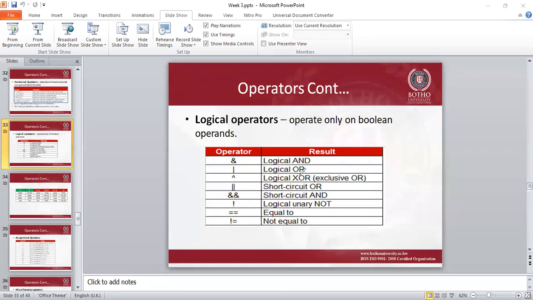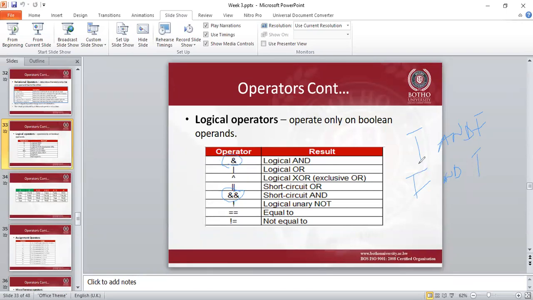With the logical AND, which is this one, a non-short-circuit AND, and then with the short circuit AND, the difference between this and this is that they work the same way, but suppose we are saying true and true, true and false, and then suppose we also have false and true. Okay, if we have a scenario like that,